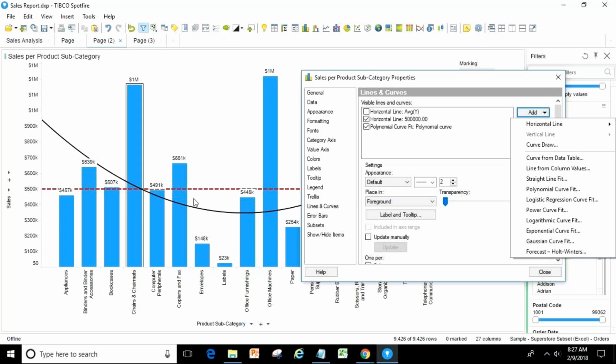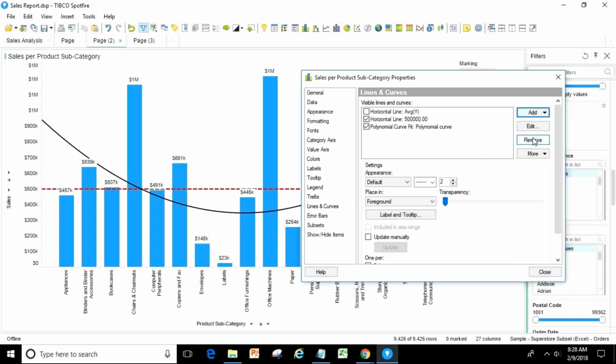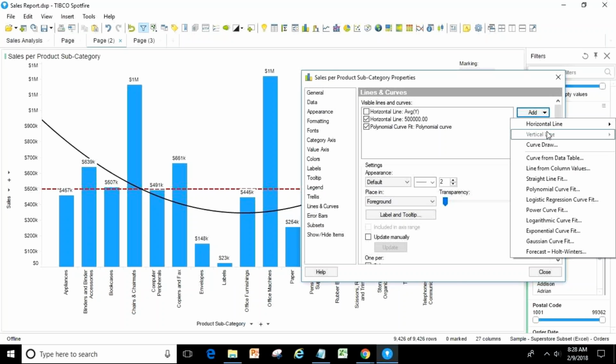Same thing for the vertical line. You need to have some number. It can be a date column, it can be a numerical column, then only the vertical line will be created. So remember, vertical lines are created only on continuous values. Sometimes people who are new get panic, like why is the vertical line not coming here? What is the reason? Is something wrong? So it's not.